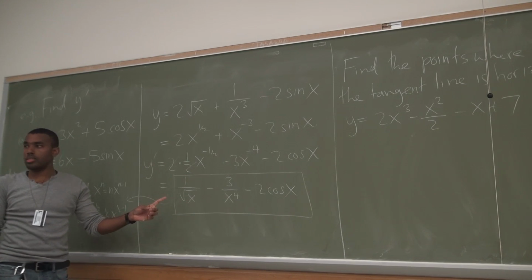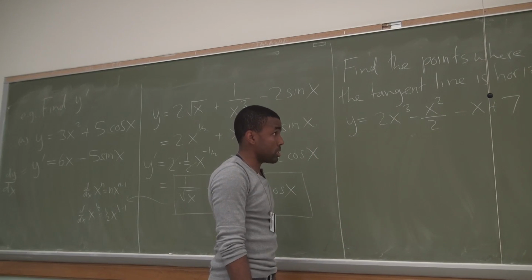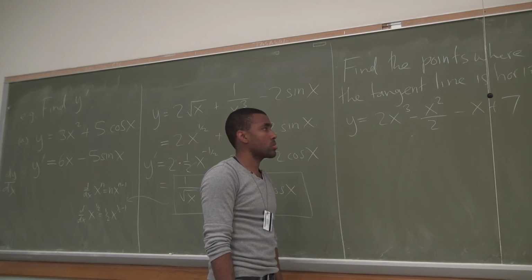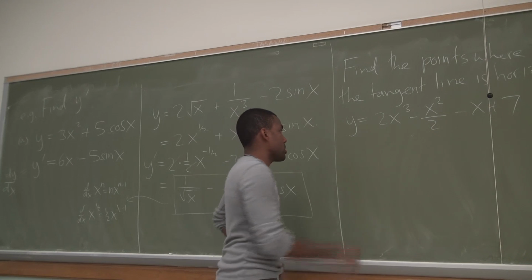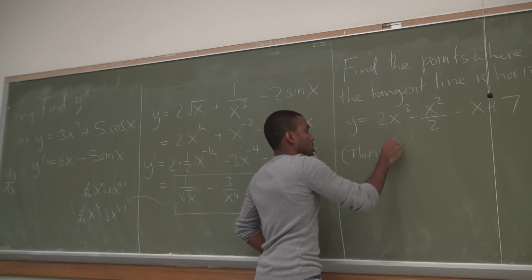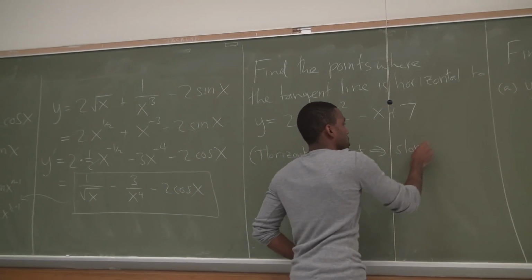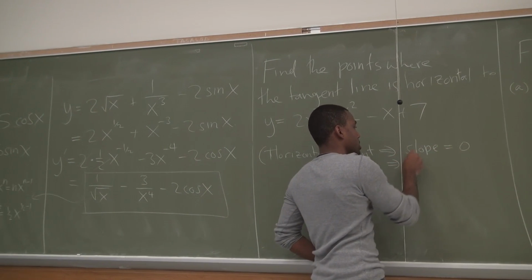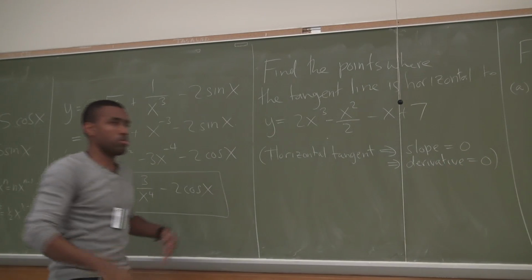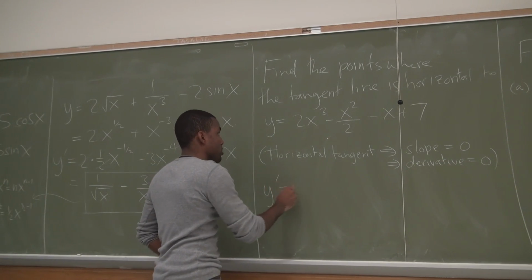Any other questions on this? How do you figure out where the tangent line is horizontal? I probably need more space than this. You said derivative of y equals 0. Horizontal tangent means slope is 0, means derivative is 0. So that's what I'm going to do. Find the derivative, set equal to 0, and I can find where the tangent is horizontal. Y prime is equal to,